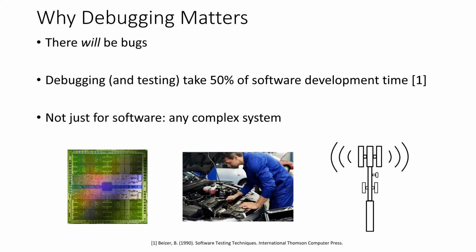Okay, so why does debugging matter? Because bugs are not the exception, they are the rule. Almost nothing complicated works first try. I basically long ago came to the conclusion that any code I wrote would be broken when I was done writing it. There's even a word for this, it's called code complete. It means you wrote all the code, you haven't tested it yet. So you say code complete, meaning I wrote it, but it will not work. And that's the attitude you have to have. Until you test something, it is broken. Once in a while, you're surprised because it works.